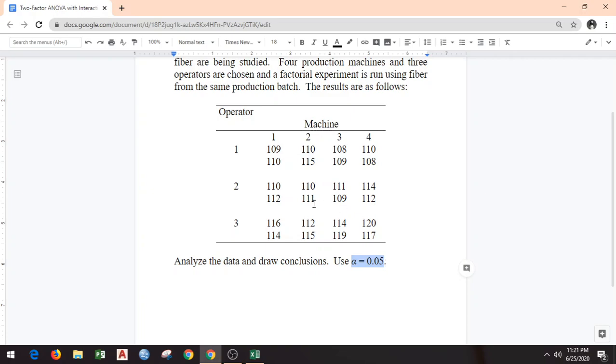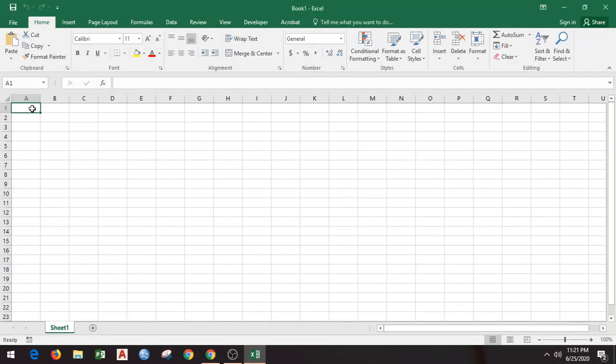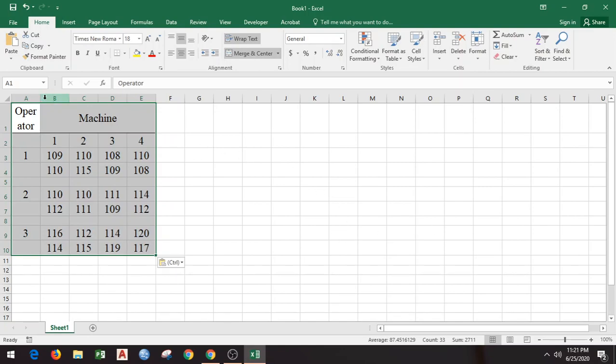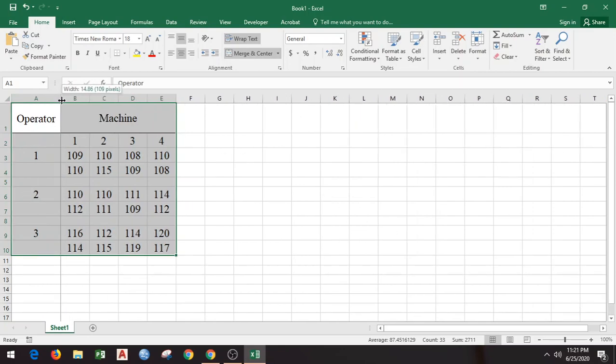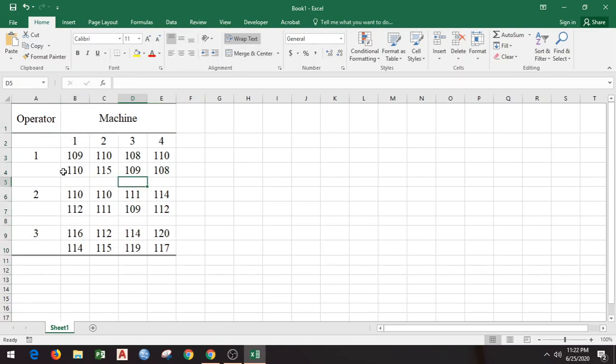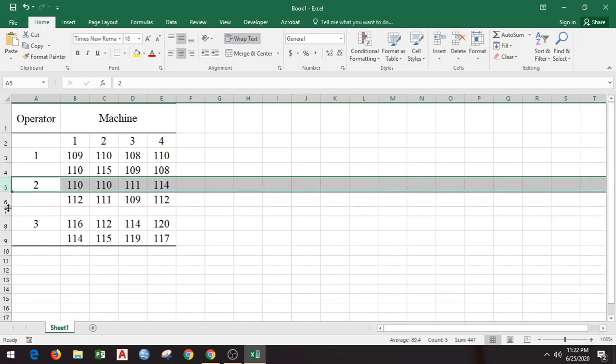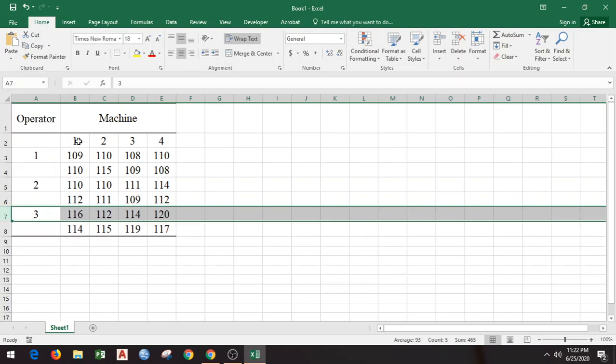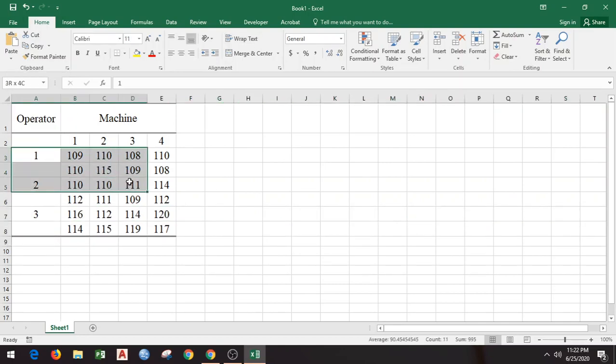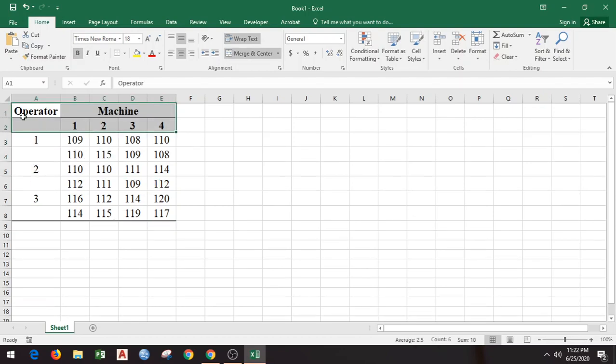So far so good. What I will do is copy this data, Control C, and I will paste it in Excel. Okay, and let me do some adjustments here. These extra rows between different operator levels, we need to delete them. Okay, maybe I will add different colors so you can see that. So I will make this bold here.